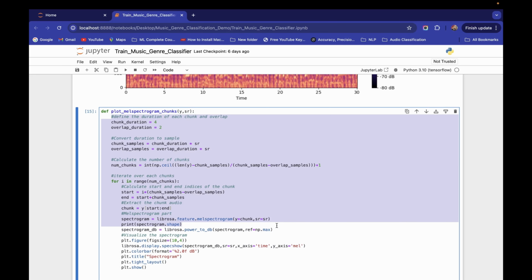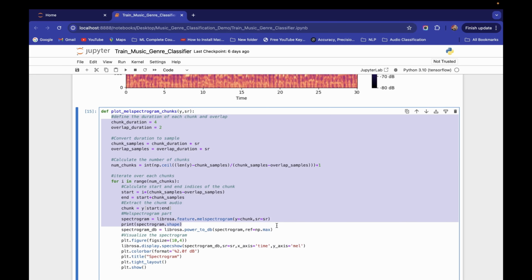And then by using this librosa.feature, we are creating the mel spectrogram. So this is the matrix which contains all the features. Here we will not do this spectrogram dB part. Why? Because this part is only done for visualization, so that I can show you the values and the y-axis. Everything to show you like this is only for that.